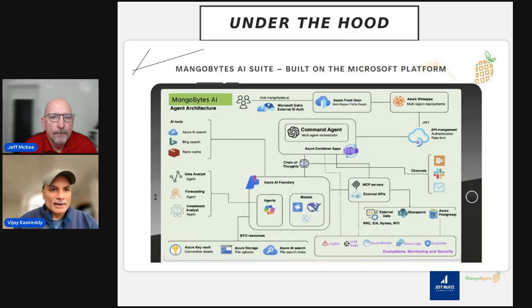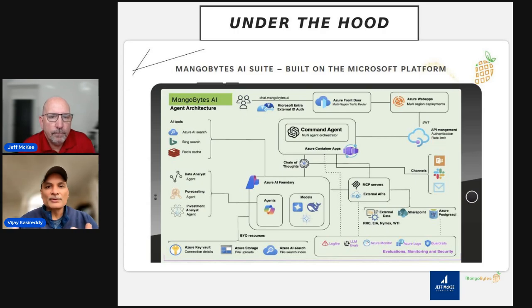Here, as we come to the middle, in the command agent, what the system does is it breaks the request into different tasks. And it selects the right tools based on the tasks, such as some of those tools that we see on the top left, things like AI search, Bing search, and so on and so forth. And then it also engages the domain-specific agents, depending on the task, of course, which is what we see on the bottom left. Things like production agents, forecasting agents.